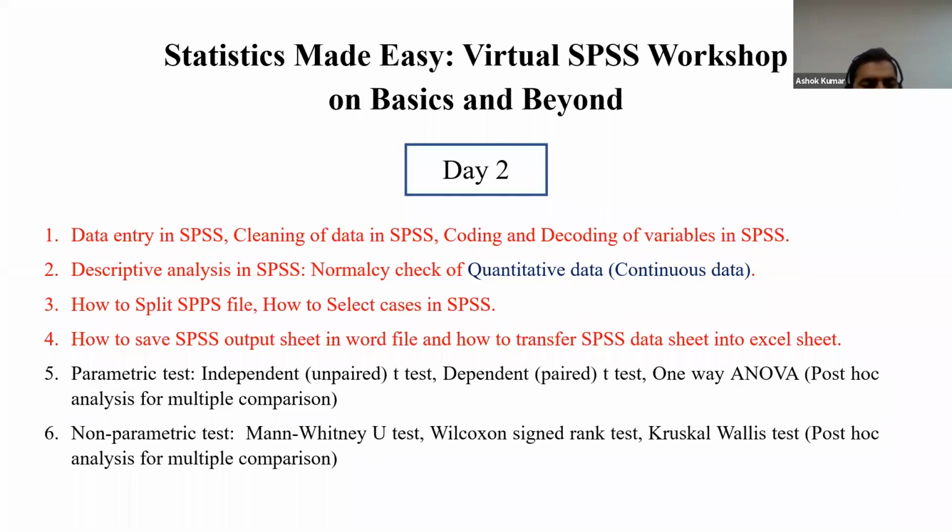and today we will do data entry in SPSS, cleaning of data in SPSS, coding and decoding of variables in SPSS, descriptive analysis in SPSS, including normalcy check of quantitative or continuous data, how to split file, how to select cases in SPSS, and why there is a need to split and to select cases in SPSS. We will discuss how to save the SPSS output sheet in a Word file,